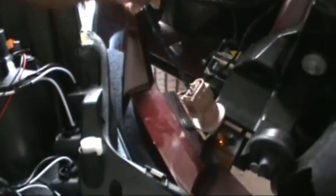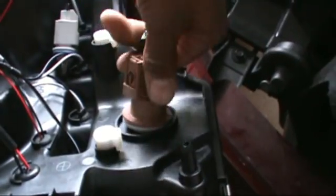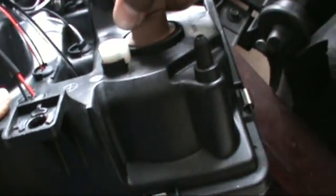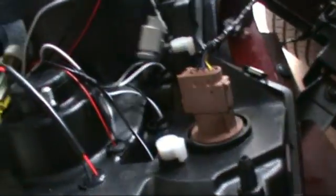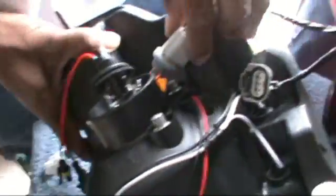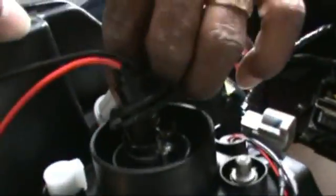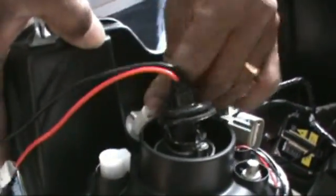Take your turn signal, put it in place. It is what's called keyed, so you can't mess up where it goes. We want to tighten that in. The side light. This is also keyed, so you put it in place. It's the same thing. Next, what you want to do, now that you have the turn signal and the parking light all installed,